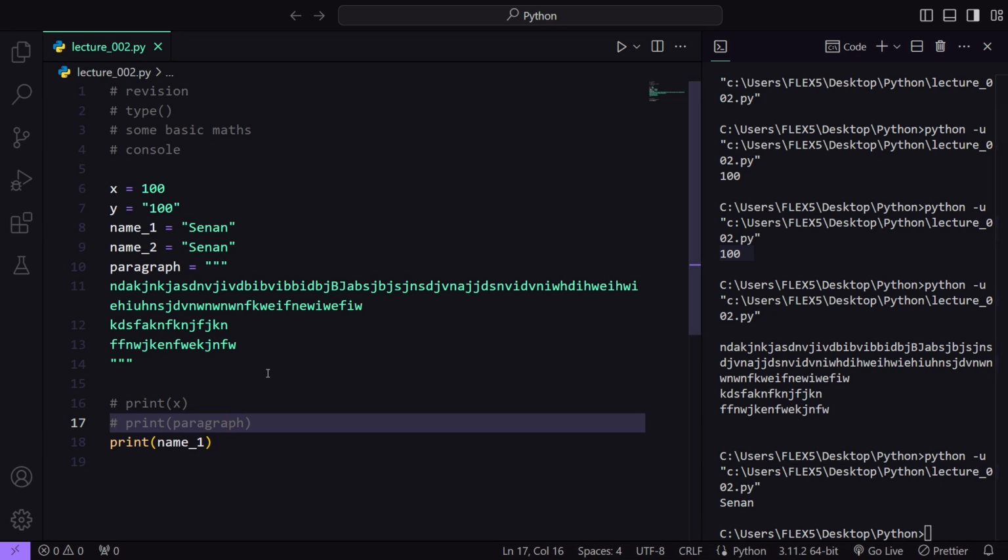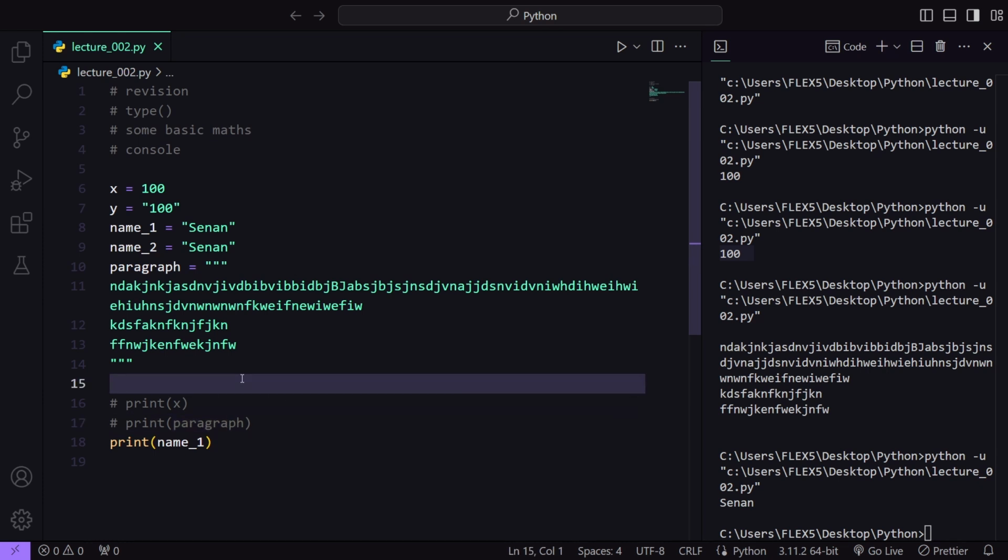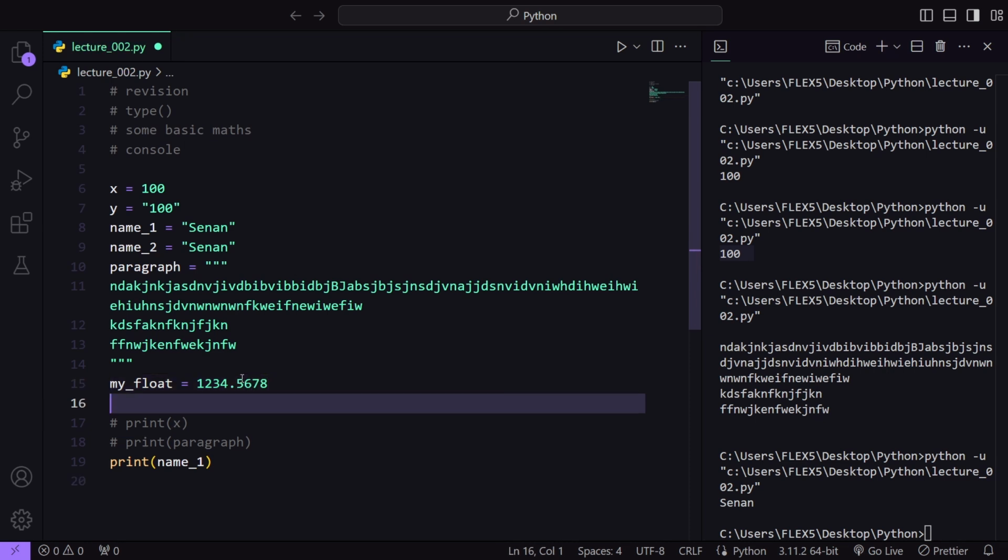Now the next thing is, let's look at float as well. So my float, okay, this is camel case, so let's say my_float is equal to 1234.5678. Any number which has a fraction is a float, or a decimal number, or not a decimal number exactly, but a number with a decimal point. And